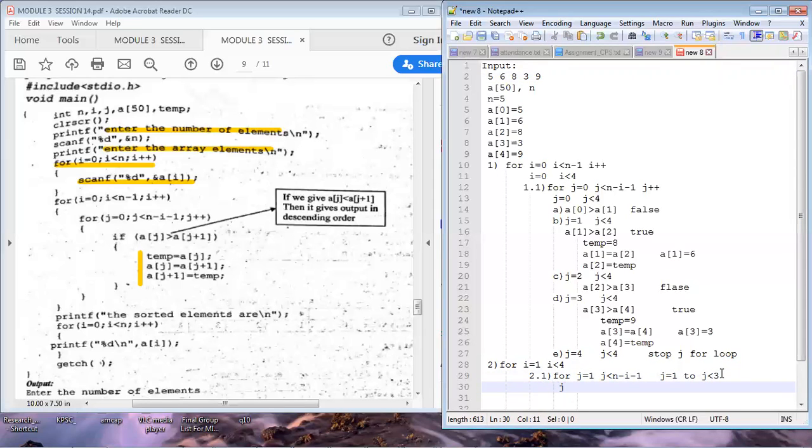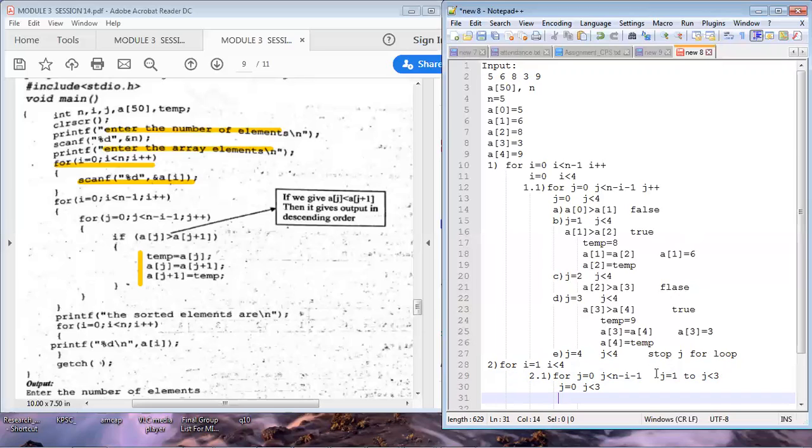Now let us look into this. Now j is equal to what? Sorry, j should start from 0, not 1. See your program, j is equal to 0 and j should work till less than 3. This condition is true. Now what should we do?